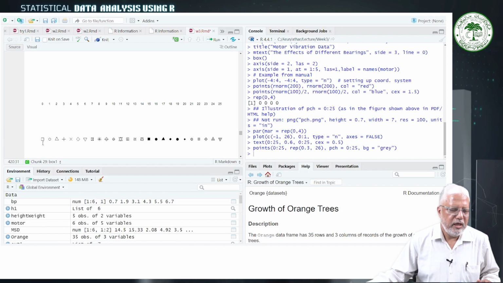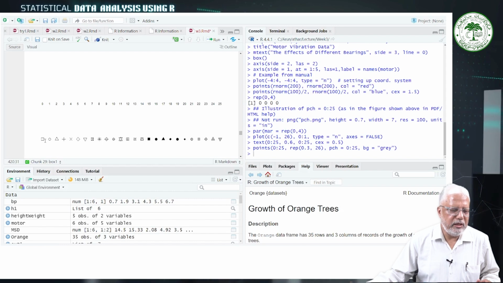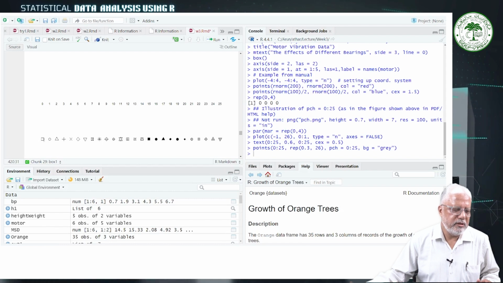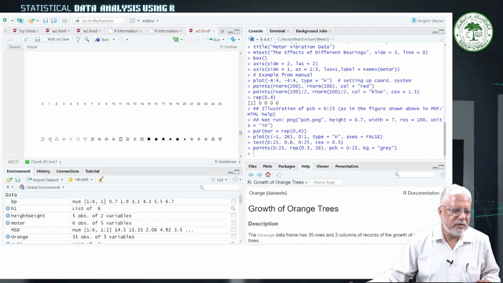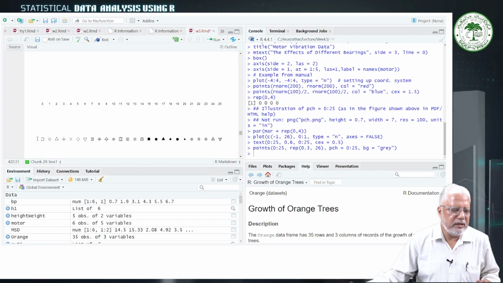Here we want to make these plotting characters. On 0, 0, it is 0 on the x axis and 0 on the y axis, this is the character, and then on 1 it is a circle, on 2 it is a triangle, on 3 it is, and it is at